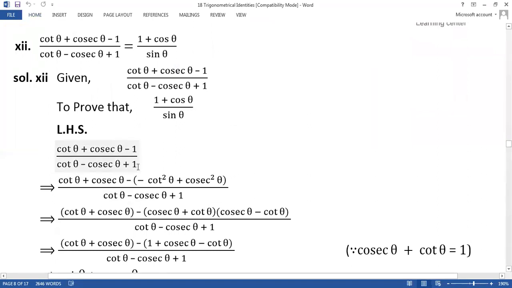So, what you'll have to remember, student? We'll have to substitute this 1. And what is this 1 value going to be now? It will be, of course, cosec square theta minus cot square theta. What is this 1 value? Cosec square theta minus cot square theta. Guys, please ignore this identity over here in the reason. It is simply cosec square theta minus cot square theta. And the rest of the denominator will be copy pasted as it is: cot theta minus cosec theta plus 1.